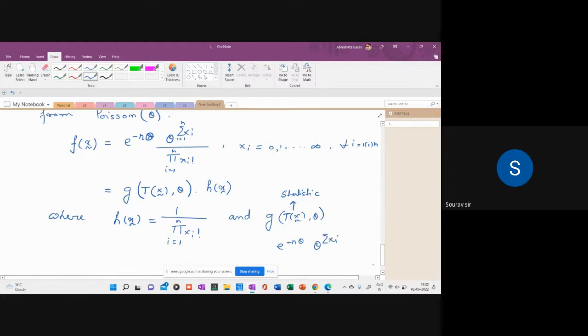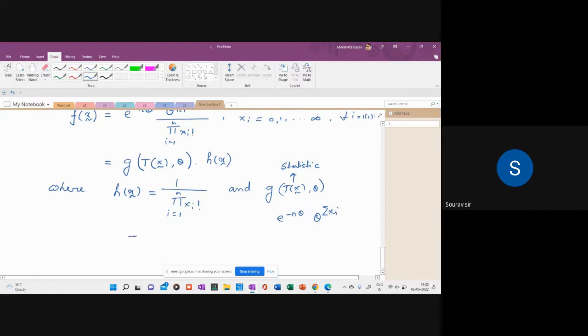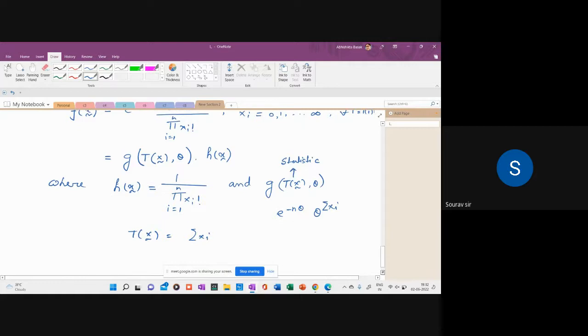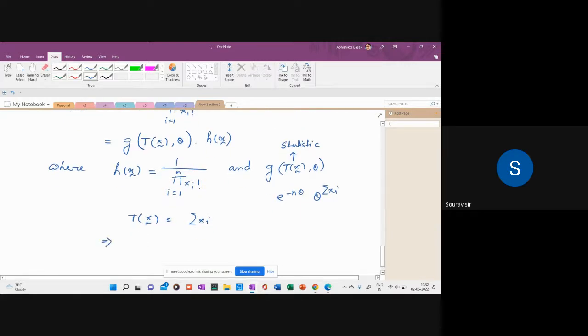So basically that gives me my t of x curl equal to summation xi. I can modify it a little bit and write my t of x curl equal to 1 by n summation xi, which equals x bar. So that is sufficient